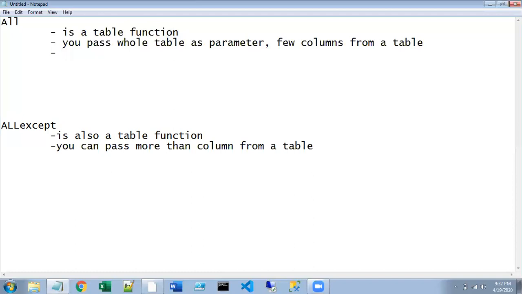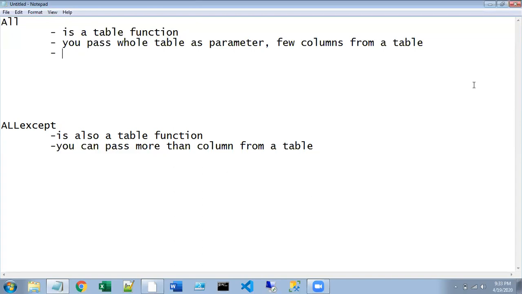It's going to ignore all the filters that you have created using all the columns from the table. If you pass only one column or more than one column from a table, it ignores the filters only on the columns that you have explicitly mentioned in your ALL function.